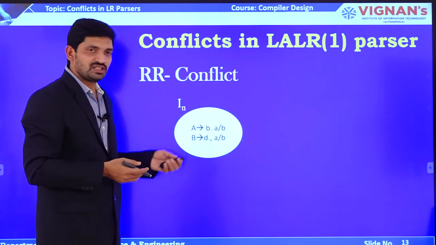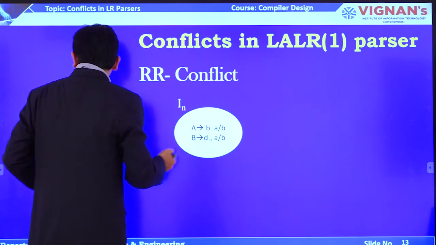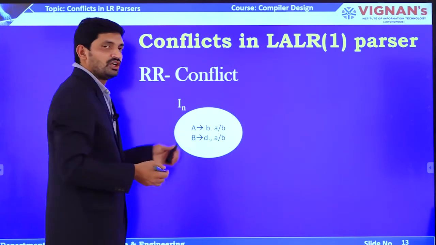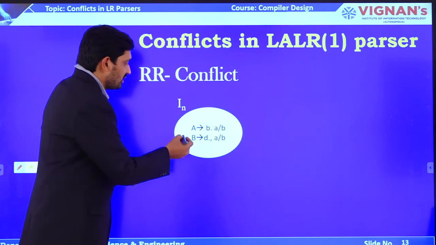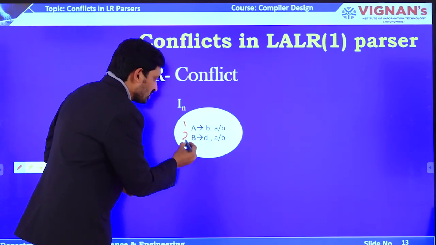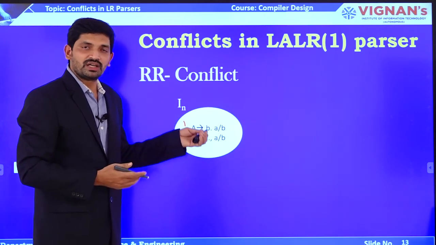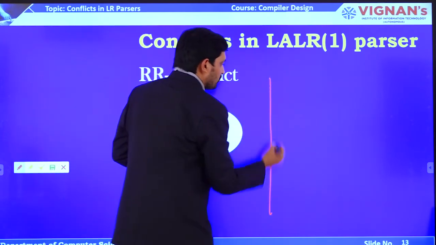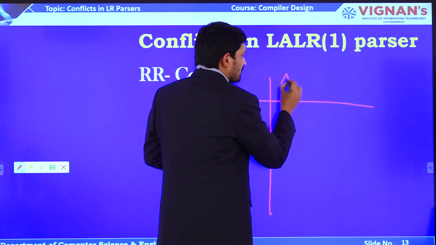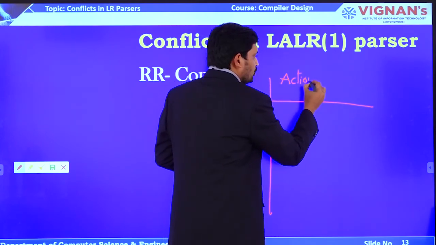Here the state is I_n and we are going to perform the goto operation and reduce operation now. But here, both productions are final items. So, we have to place the reduction operation in the parse table, where the parse table consists of two parts named as action and goto,